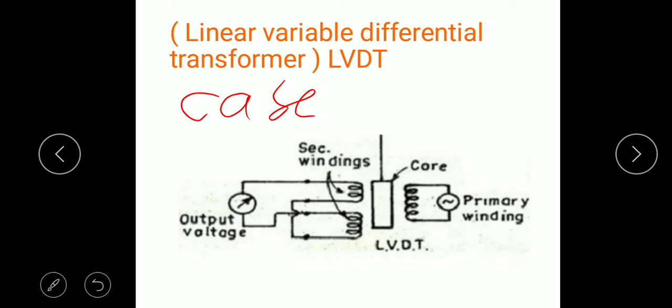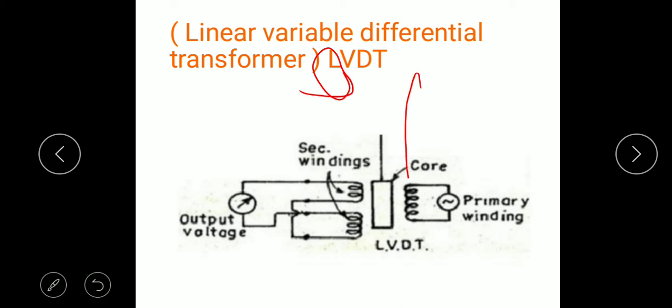This is the simple working of LVDT. Now the time comes for the RVDT also. What actually will the working be in RVDT? As I said, LVDT means linear variable differential transformer. Here, due to the core, the displacement occurring is linear, meaning up and down straight line motion, that's why it is the linear motion.